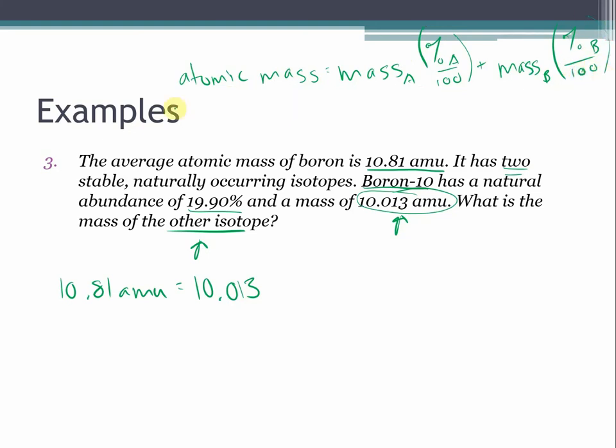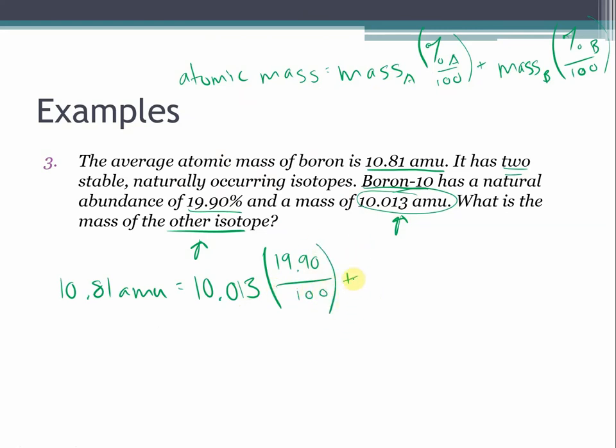This is the equation we're always going to use when we're solving for atomic mass. So we've got our average atomic mass is this 10.81. The mass of our first isotope is 10.013 times its percent abundance, 19.90. So 19.90 divided by 100